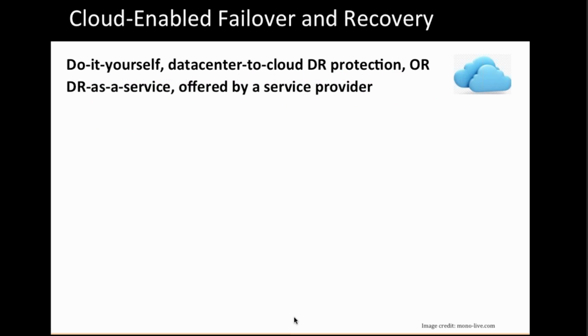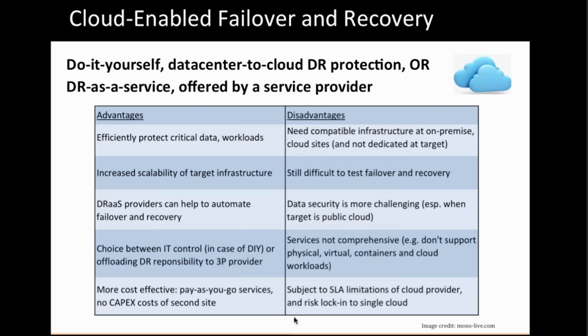So what do cloud-based DR approaches really bring to the table? Well, what I'm talking about here are DR as a service solutions primarily. You can do it yourself, but there are a good number of DR as a service solutions out there. And in all cases, a public or private cloud is the replication target. So the positives here, again, you can protect your workloads and data offsite. You get much better scalability at the target site than with most traditional array-based site-to-site approaches. And you also get more automation. So those are all good things.